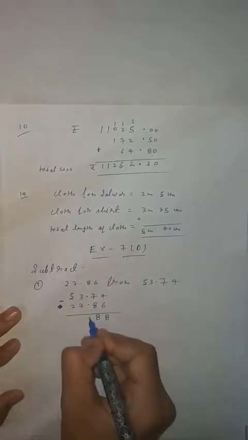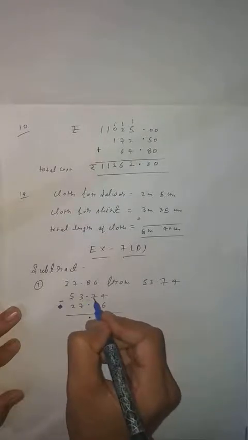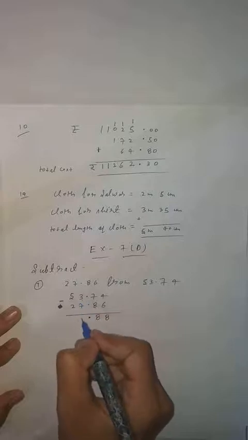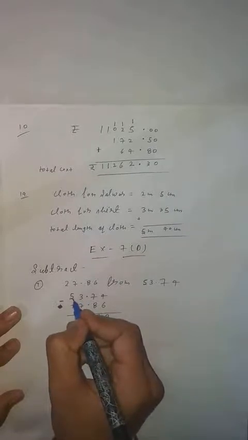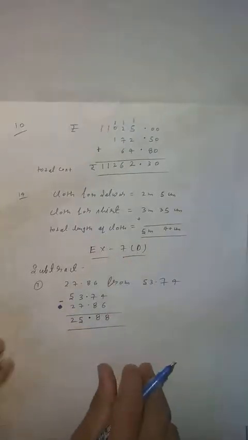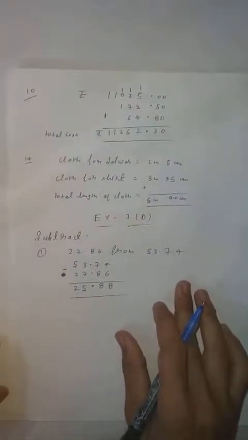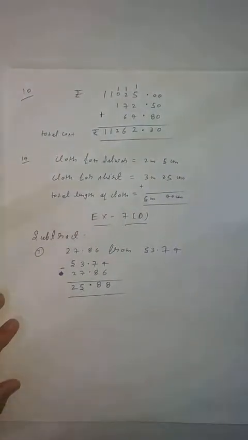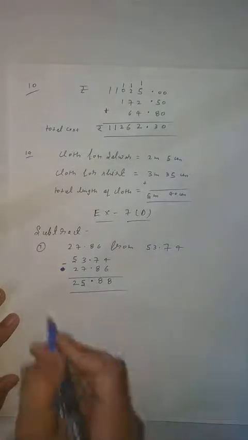Okay students, now decimal you will put here. Now here it will become what? 2, because 1 carry you have taken, so 2, and 12 minus 7 is 5. Clear? Again here it will become what? 4, because you take 1 carry, so 4 minus 2 is 2. Clear? So the correct answer is what? 25.88. Clear students? So by this way you can solve this question. Now come to the next question, and all questions are the same, so you can solve these.